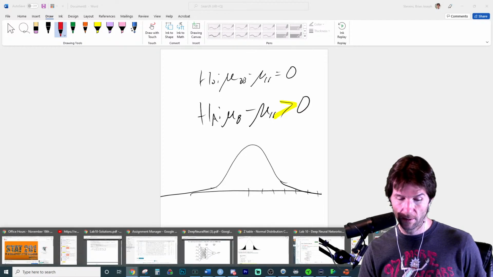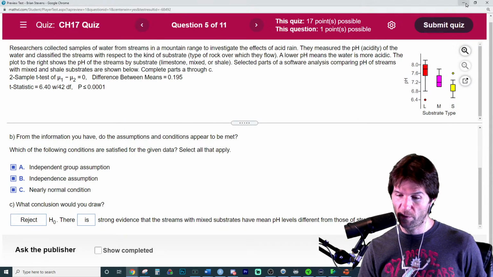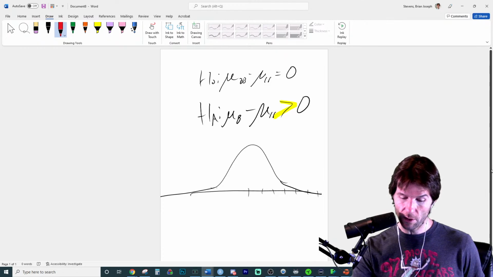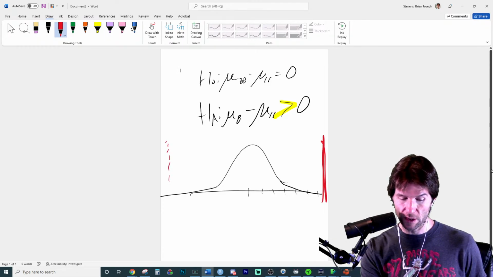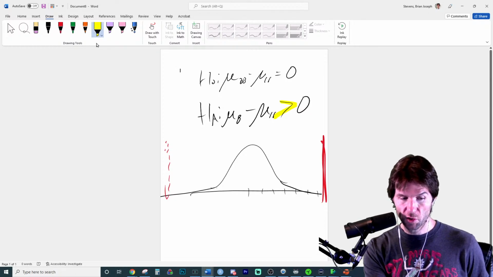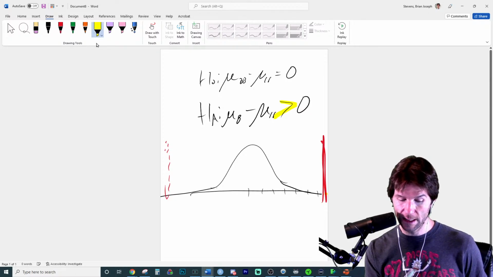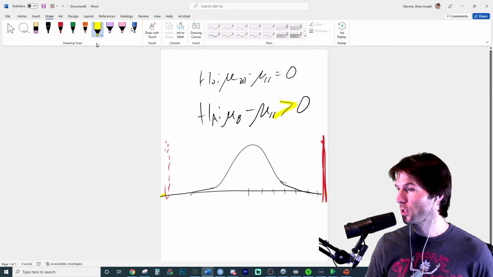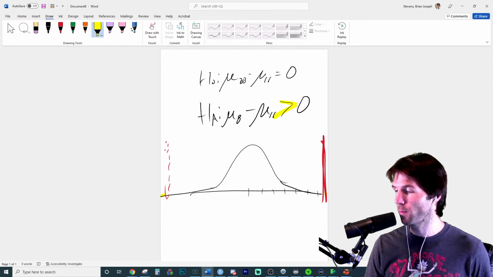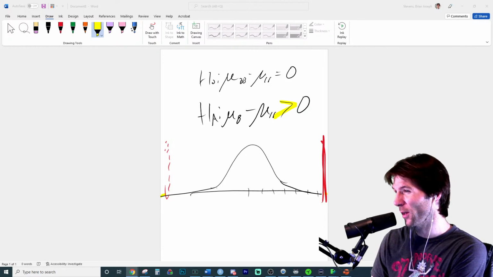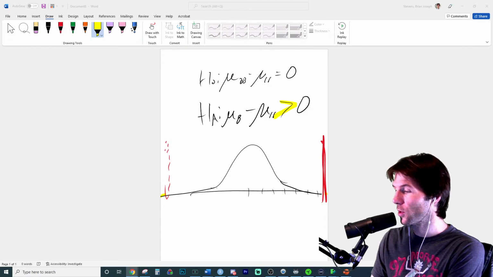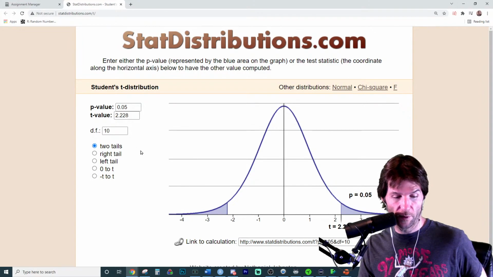Let's look at that result again. Our result is at 6.4. It's all the way over here. That's where we landed. Our result just as extreme is all the way over here. So our p-value is an area we can't even see. Going to a t-applet, we would see the same thing, but remember, we generally only see within about 3 standard deviations on the curve, or standard errors since we're doing t-scores. So really, we're so far off the curve right now.